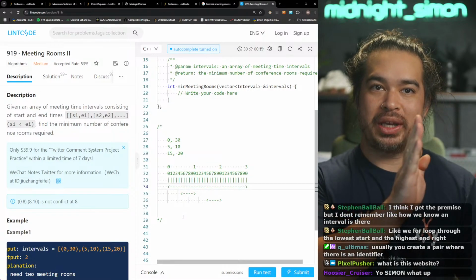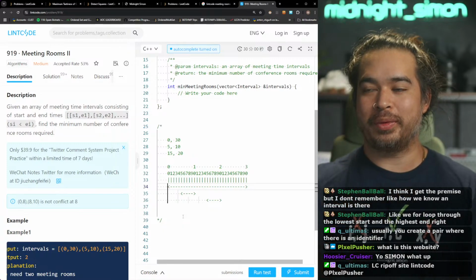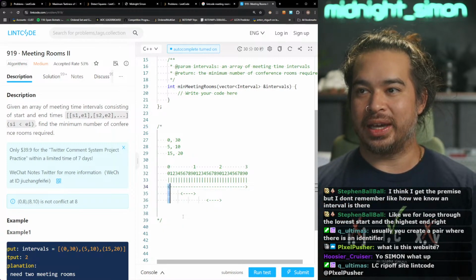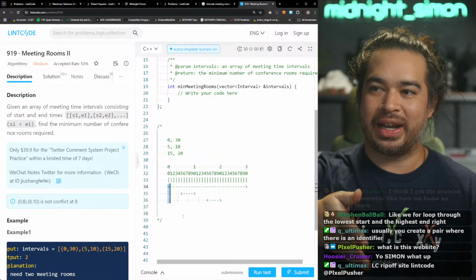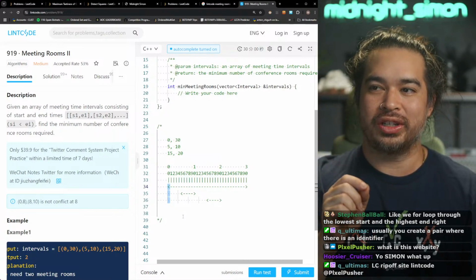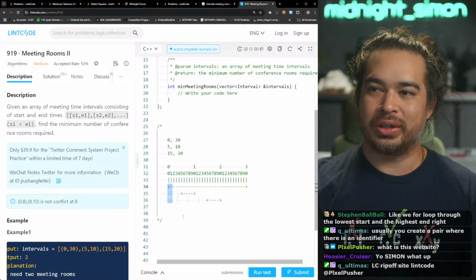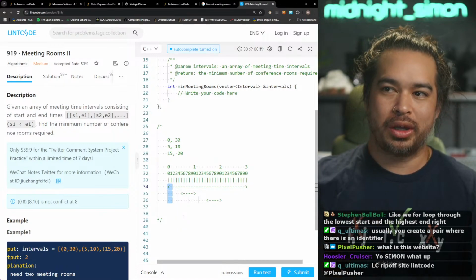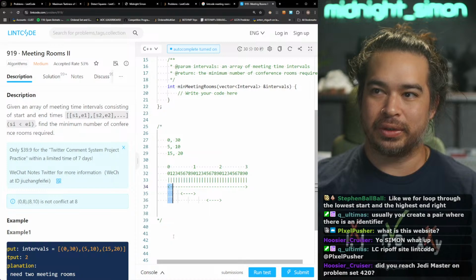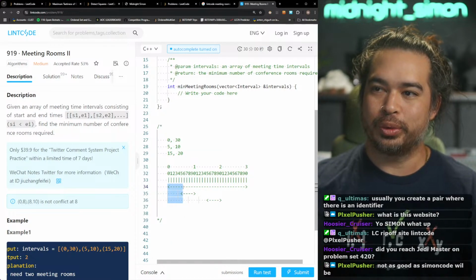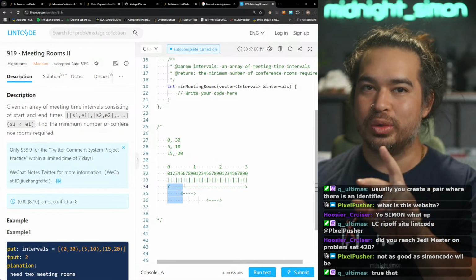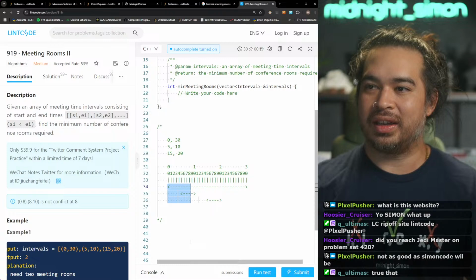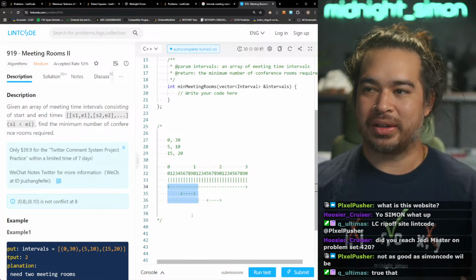We're starting from the beginning and we're sweeping from left to right. And we count how many vertical intersections our line has, and that's how many rooms you're going to need. So right now, during this time, we only need one room because it only intersects that top interval. But here, as soon as we hit 5, we need 2 rooms to accommodate this because it's intersecting 2 of the intervals. And then as we go, now we're back to 1.